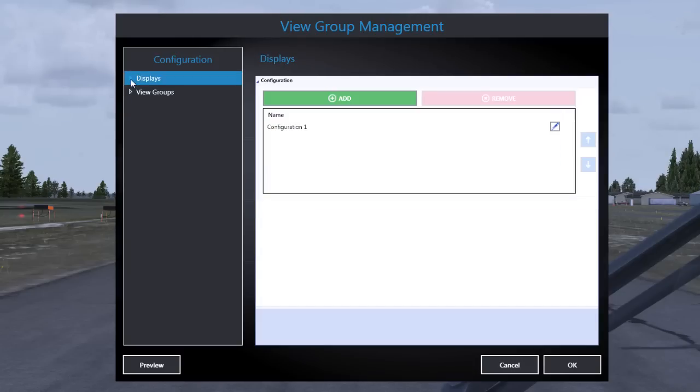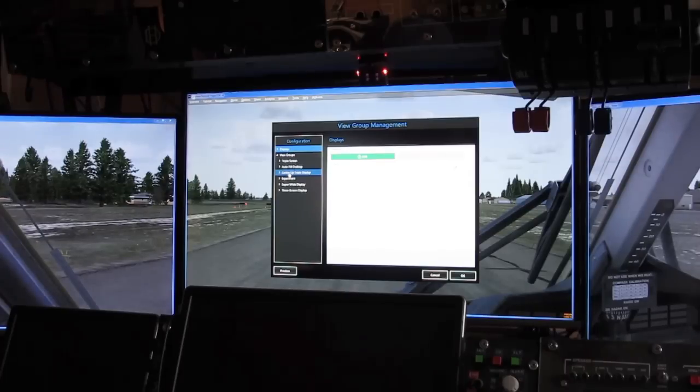We're not going to do any more setup with that, so we'll put that away for now. The thing we're interested in is this View Groups section. Now when you first come in here, there'll be one of these set up, and it's called Autofill Desktop. These are just things I've been playing with. The one labelled Center Up Triple Display is the one that is active at the moment, and it's the one